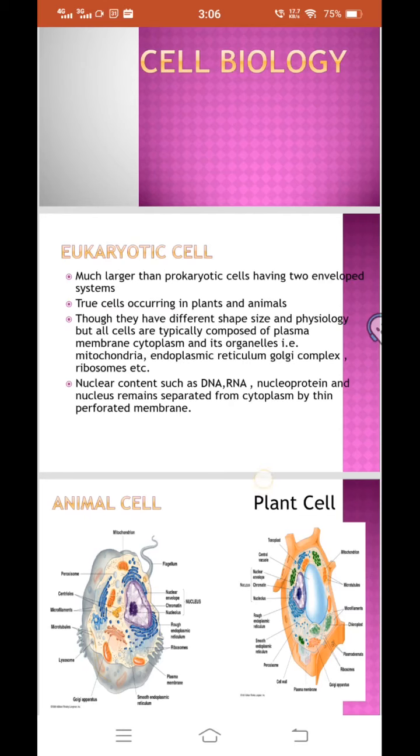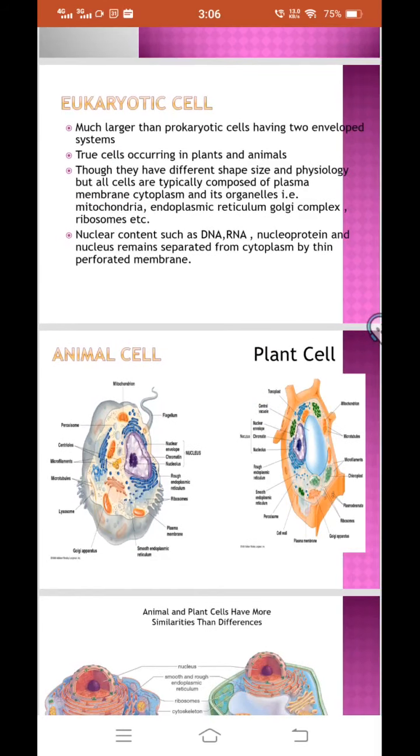That is, one is the nucleus of the cell. Nuclear material, genetic material is enclosed in an envelope that is known as the nucleus, and the entire external part of the cell, that is the cytoplasm, and the different components of the cells are enclosed in the outer covering, that is the plasma membrane, or we can say the cell wall. Okay, so these eukaryotic cells are present in plants as well as in animals.